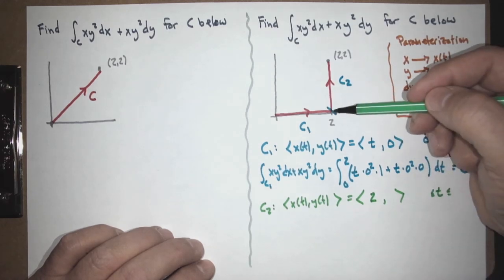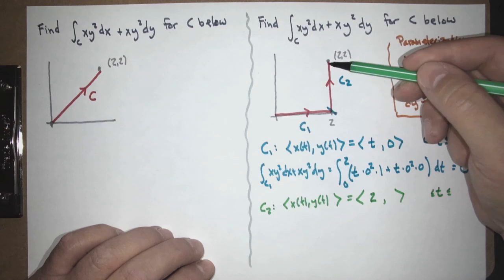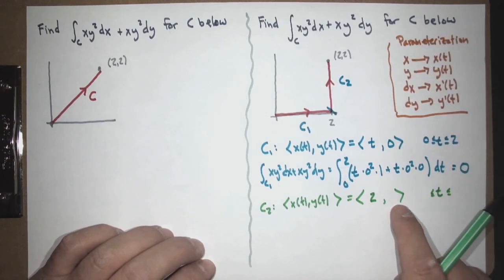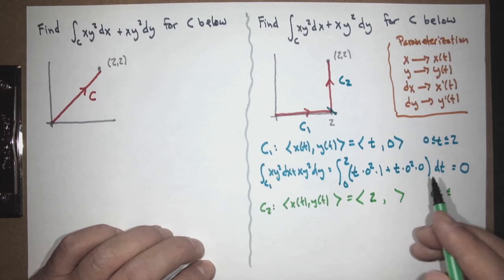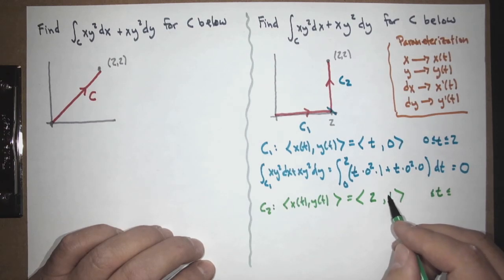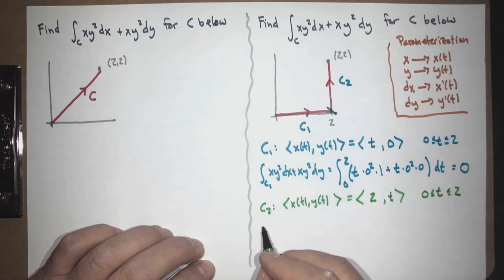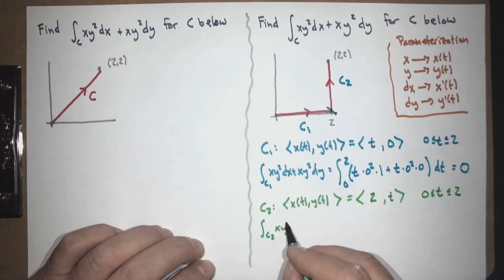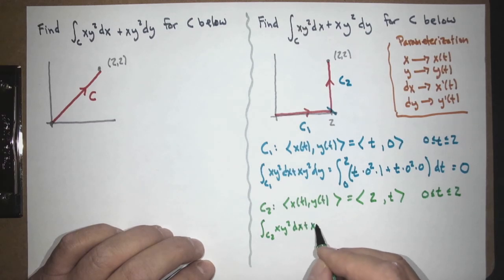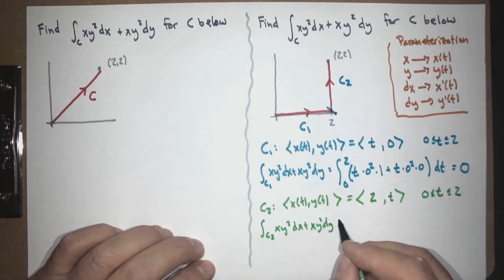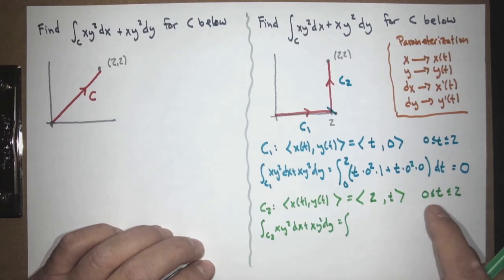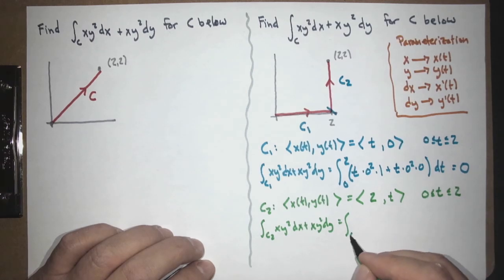All right. What do we do for y? So y is changing, right? It starts at 0, ends at 2. So what do we put here? And there's not one right choice. There's many that we can pick. I like t because t is simple. If we choose t, what are our bounds? 0 to 2. So the integral over C2 of xy squared dx plus xy squared dy equals, grab the bounds, 0 to 2,